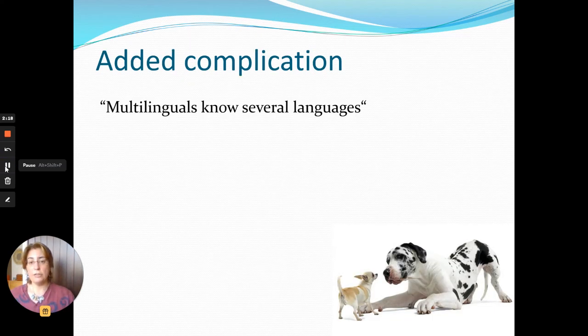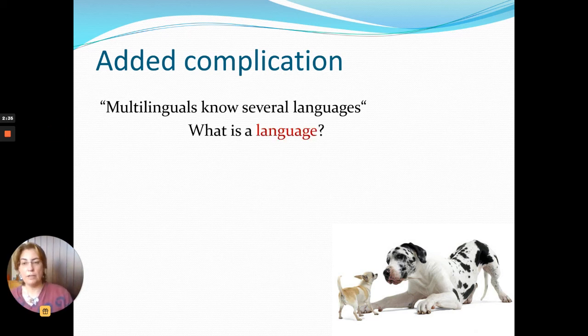There is an added complication, which is not specific to the study of multilingualism, but that spills over into studying multilingualism, and that is that whenever we say a multilingual person is a person who knows several languages, of course, the first question we might pose is, well, what is a language? We have said what is a multilingual, but now we can narrow it down to, what do we consider a language? What is the definition of being a language? And therefore, who counts as bilingual on the parameters of what a language is or isn't?